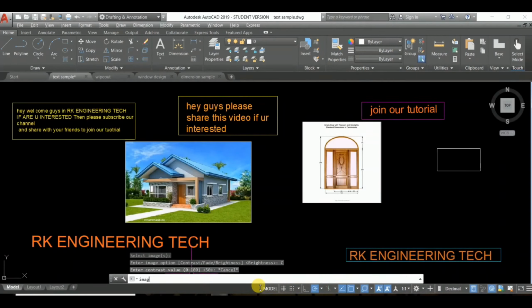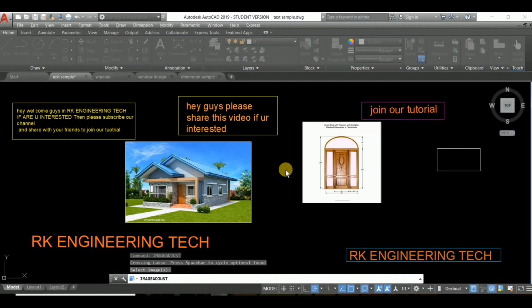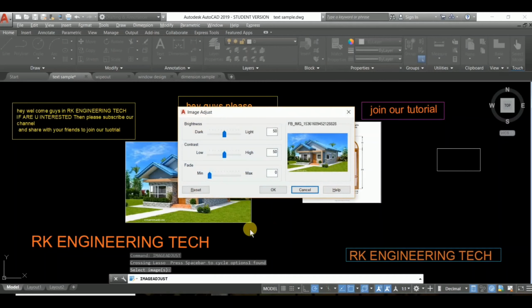Otherwise, for more options, type IMAGEAD and press enter. Select the object and press enter, and you get this new settings box, and you can use this. You can change the brightness, maybe light or dark.